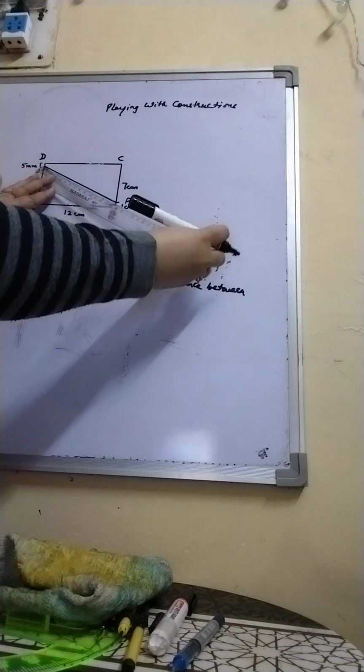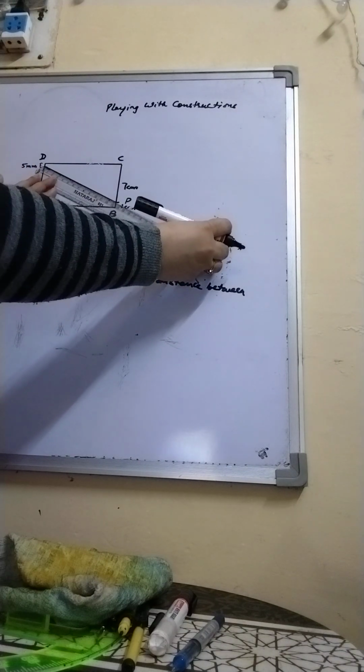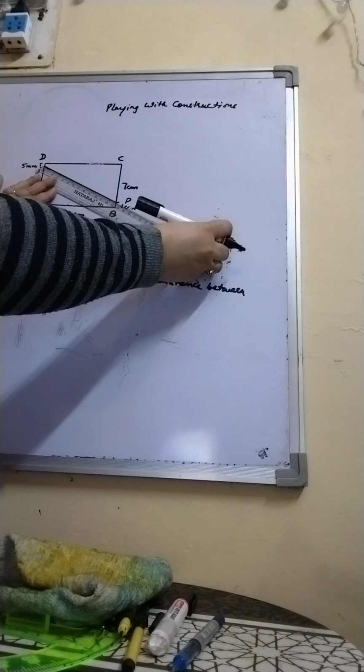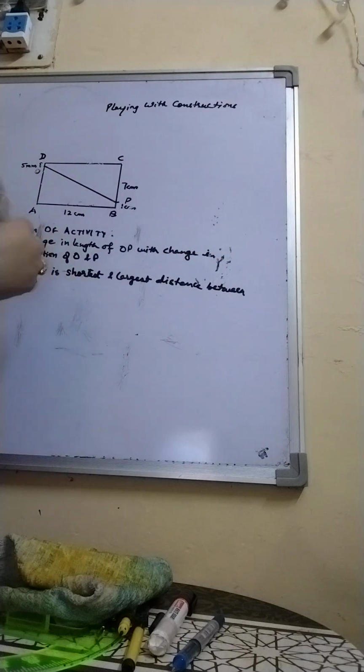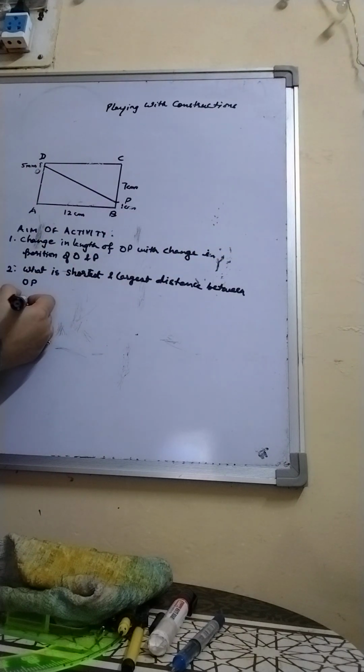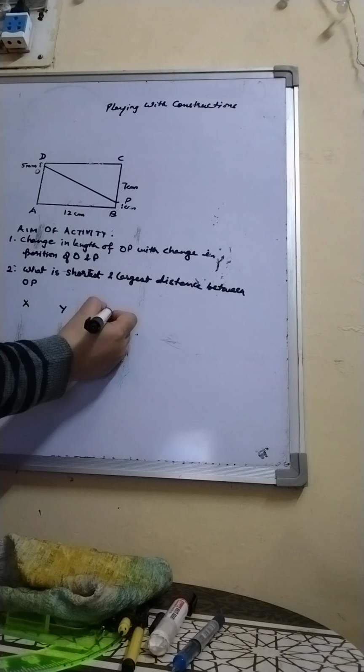So I get the reading as 13.3 I think, 13.4 we can say. So we will make a table where is x, where is y, and what is